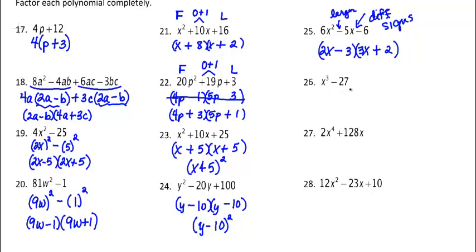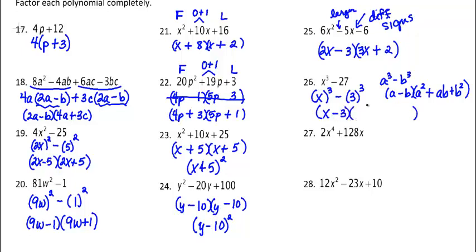26 is x cubed minus 27. This is a difference of two cubes. X cubed is x cubed. 27 is 3 cubed. So we need to use this pattern for factoring the difference of cubes. A cubed minus b cubed is a minus b times a squared plus ab plus b squared. And this is one you really just have to memorize. But we would have x minus 3,